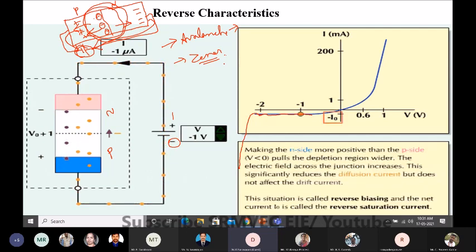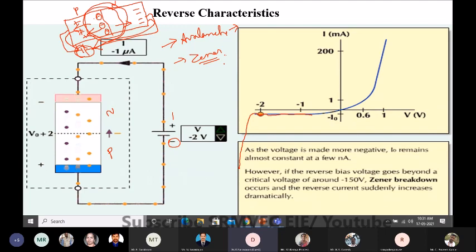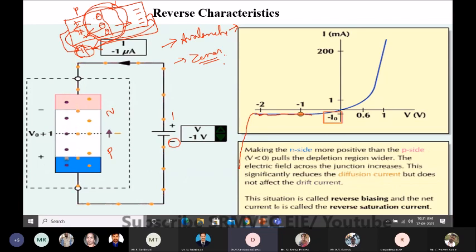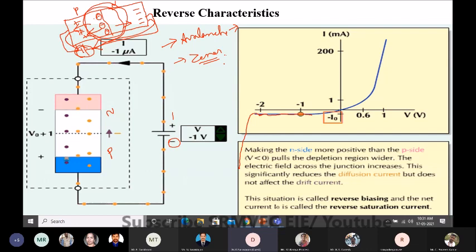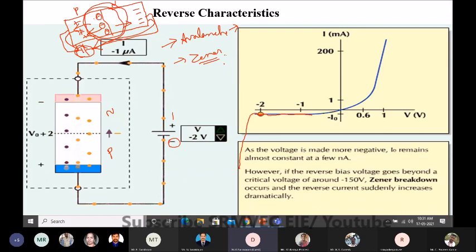So for the reverse characteristic, usually in a PN diode, there will be no flow of electrons. There is only a minute flow, what we call minority charge flow. In the ideal case, we say that in reverse bias there is no current flow. The diode is not conducting. In forward bias, the diode is conducting. So ideally, we call it a short circuit, and in reverse bias, we call it an open circuit. Okay, so this is how a PN junction diode works.